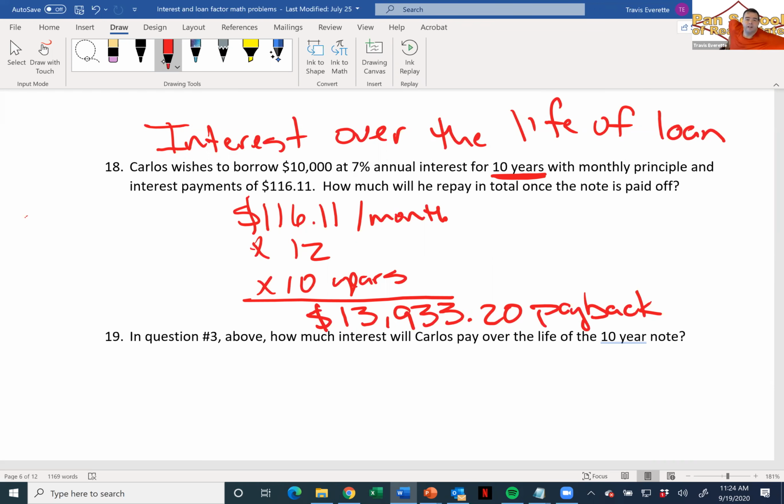It is different. The interest is different every single month. But they didn't ask us what the interest is on any particular month here. They're going to ask us what the interest was for the whole loan. When they're asking you for the whole loan, it's much more straightforward because they're not asking you to look month to month at how much the interest payment is. For the whole loan, it's a lot easier because it's just what did you pay back versus what did you borrow.